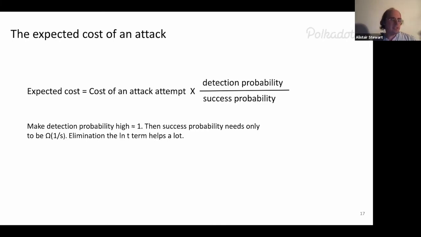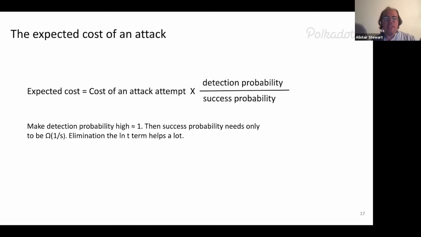So if you're trying to make the probability of the system never being attacked in 10 years, if we were trying to argue about each time we change the validator set, the probability is really small. Now we can make it 1 in S throughout the entire system. Like we have a 1% chance of any attack succeeding, but we catch you all the time, and so it costs you 100 times more than the cost of a single attack. And then basically, you bad guys just don't have enough tokens to attack the system.